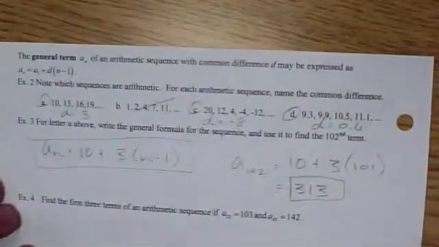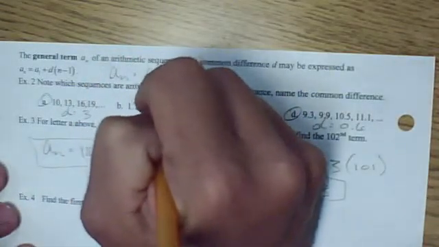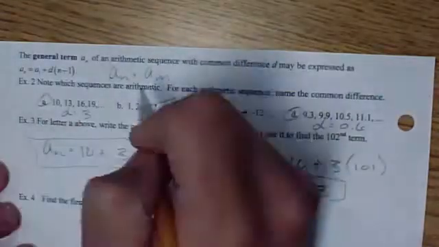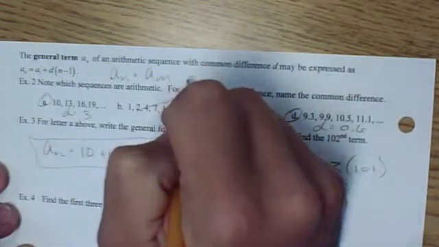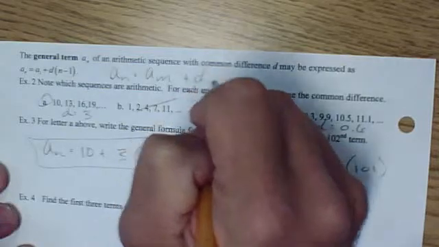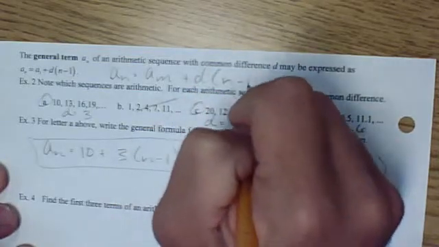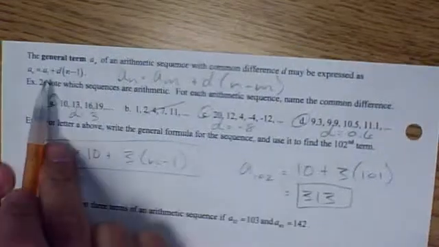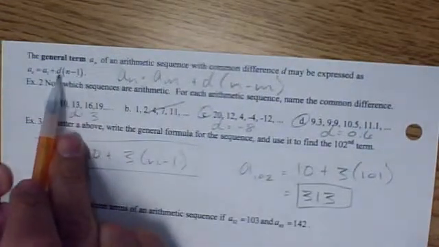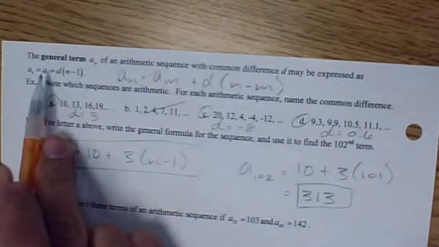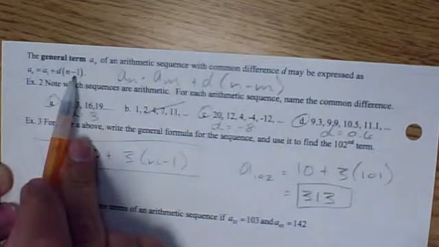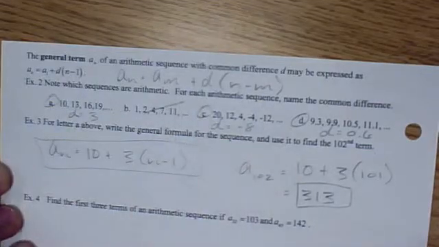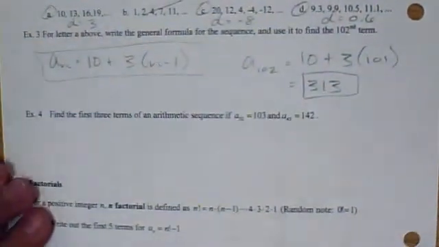Now go back up to that formula at the top. Another way, you'll see this in some textbooks, another way to write this formula is, instead of the first term, you can say a sub m plus d(n minus m). What that shows you is that the reason we subtract 1 here is because that's the first term. If this was the fifth term, then you would subtract 5. So this could be helpful in problems like this example 4,